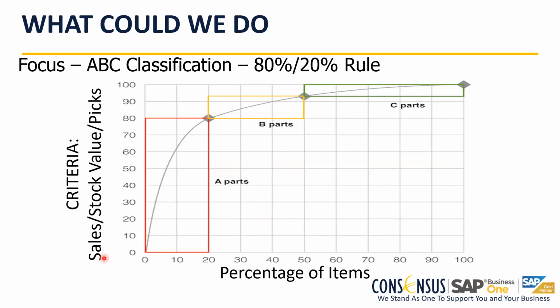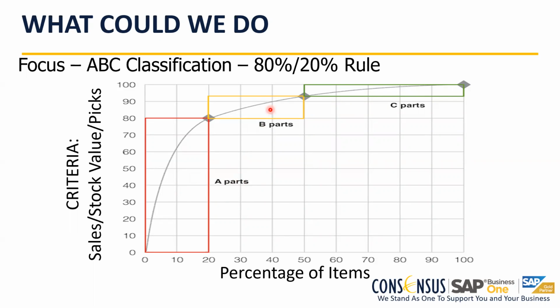Sales means the revenue that I have is coming probably 80% from just 20% of my items. So I cannot afford to run out of inventory of these A items that I have classified here, because if I run out of inventory of these items, class A in terms of sales, I won't be able to meet my expected revenue. So forecasting, monitoring the status of the stock, making sure that I don't run out of inventory on these A items is super critical.